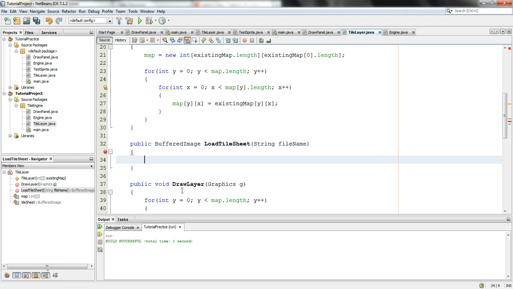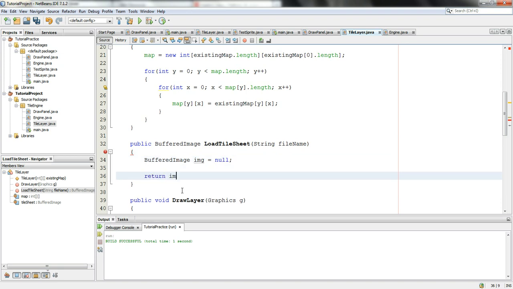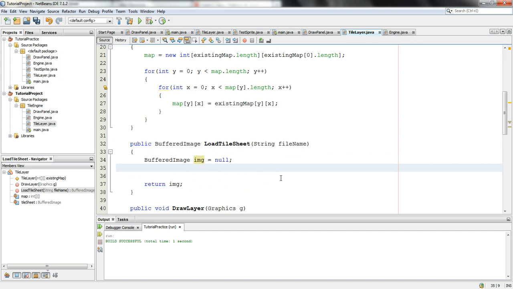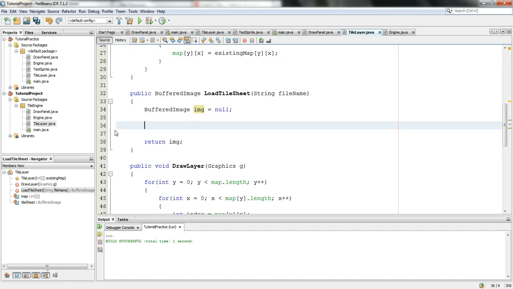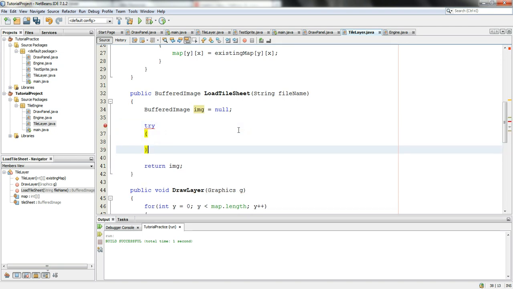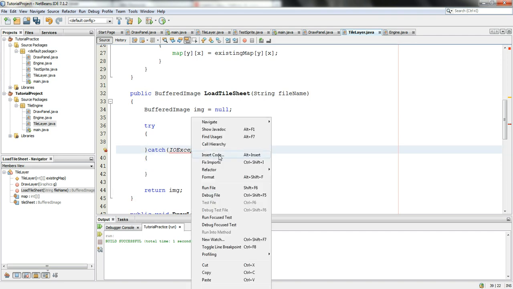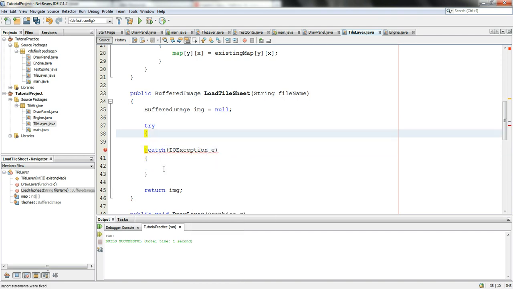So for this, first we're going to start off with an image, set it to null. So now, you see there's no errors in this. Now to load stuff using image.io, file.io, it doesn't really matter, you need to have things called try and catch statements, which basically are for in case something goes wrong with the loading, whether or not it can't get